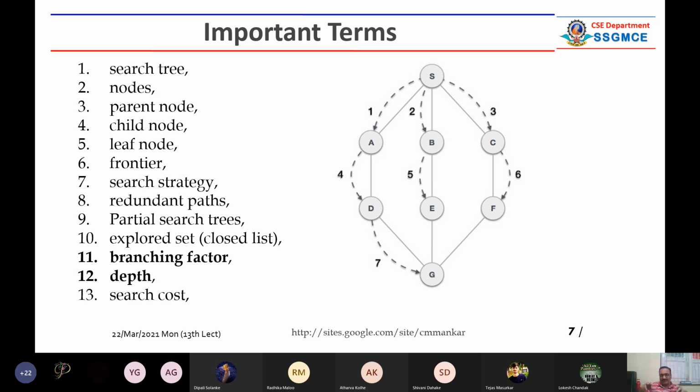So we generally visit the next node which has a low cost. For example, if I want to start from S, I will start and reach A, because A has the lowest cost. I will not go to C because C has the highest cost, that is 3. So this is one example. You can download this PPT later.